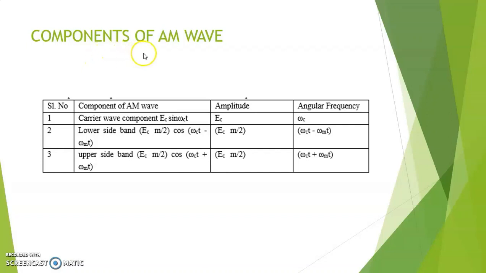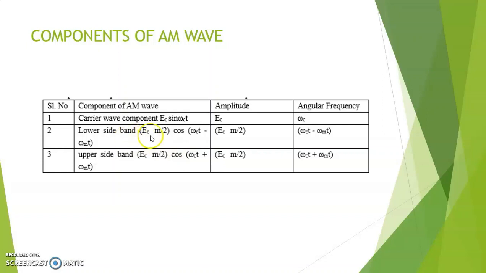Now if we check the components of an amplitude modulated wave, we can find that there are 3 terms in it. So we'll study the first term. I'm talking about the final expression that we studied in the previous slide. It consists of 3 terms, and the first term is given by EC sin omega ct. So from this we can understand that this is the same as the carrier wave. So the final amplitude modulated wave also contains a term which is the carrier wave. The maximum amplitude of that would be EC and the angular frequency would be omega c. So that is what is written in these 2 columns.